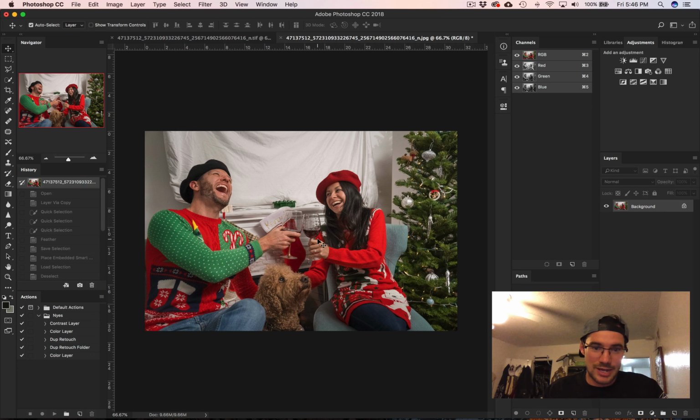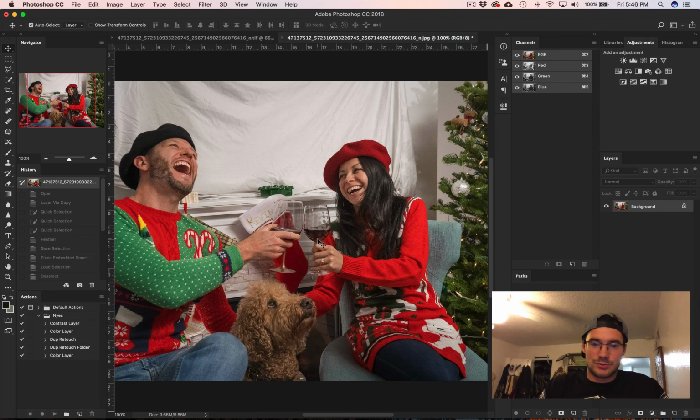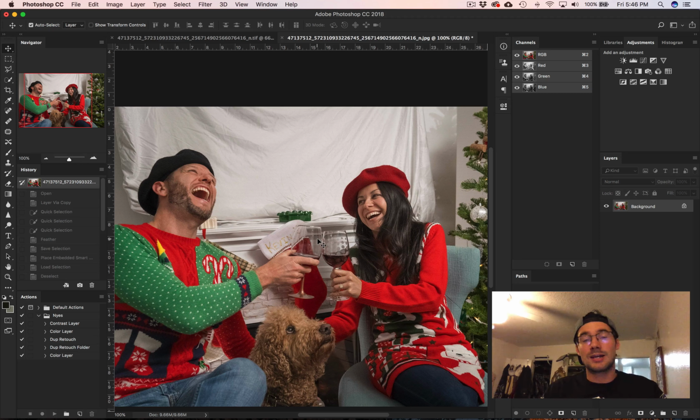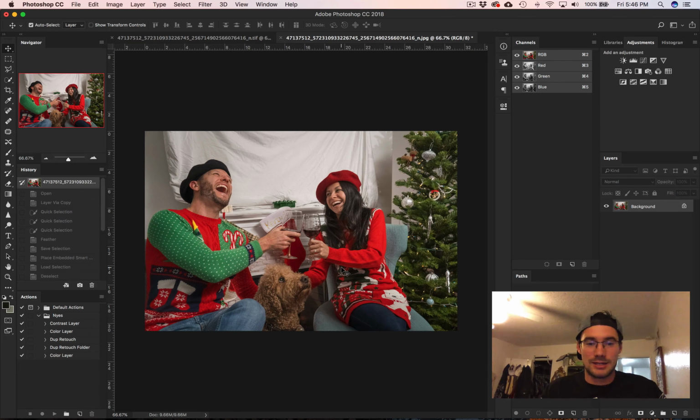Really amazing capture. Love the expressions, love the dog, love the composition. Really nailed it. So the concept he wants to do is put this photo in a frame behind their heads. So it's the same photo replicated, photo within a photo within a photo. And so what we are going to do